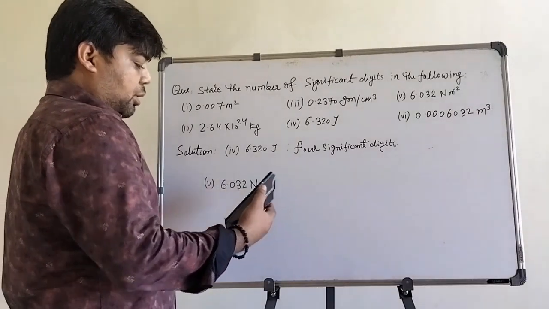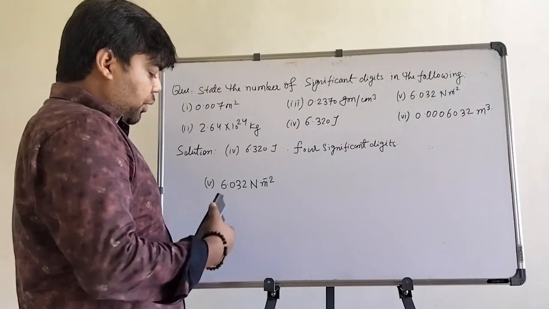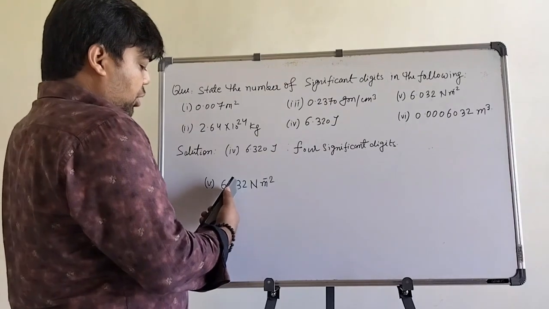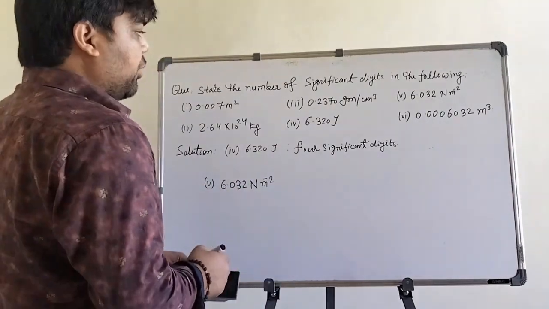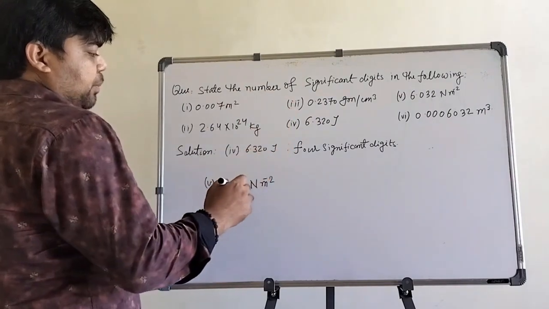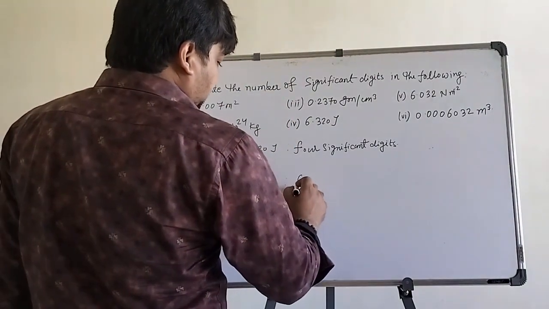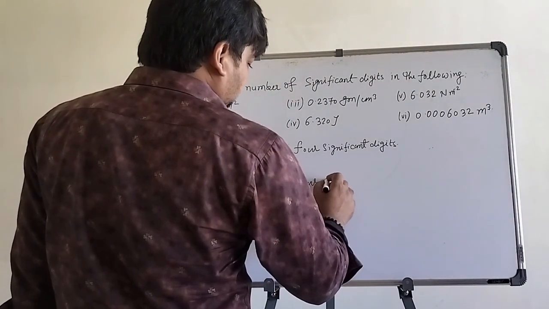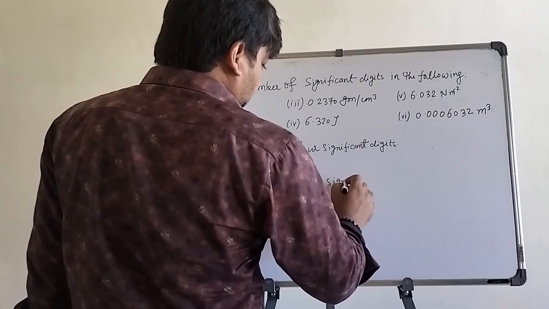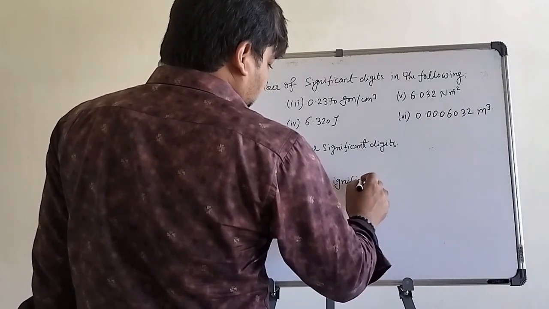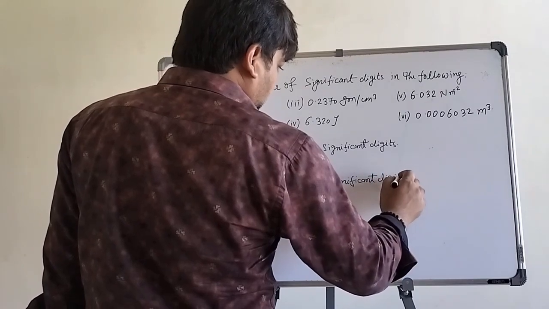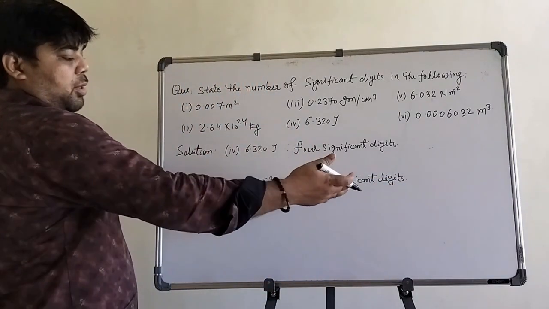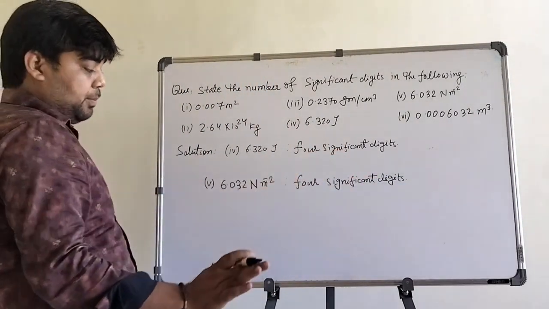So let us talk about this 5th number, 6.032 Newton per meter square. So as we already discussed about it, there are 4 significant digits. सो जैसा हमने पहले बात किया है इसके बारे में, यहाँ पे 4 सिग्निफिकेंट डिजिट्स हैं, राइट।